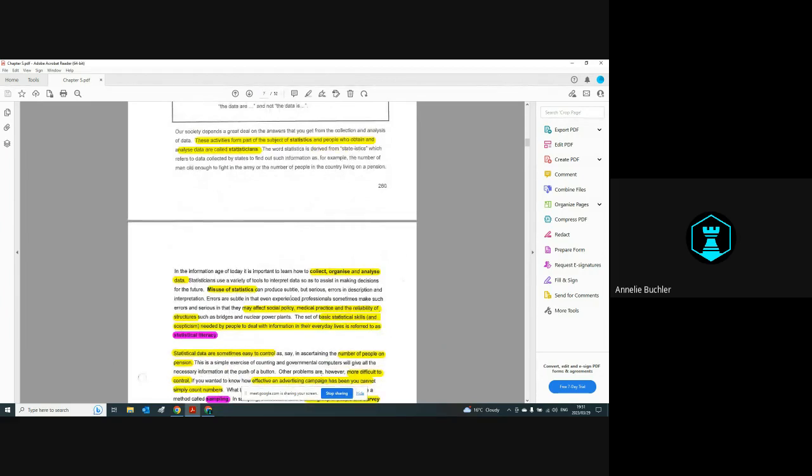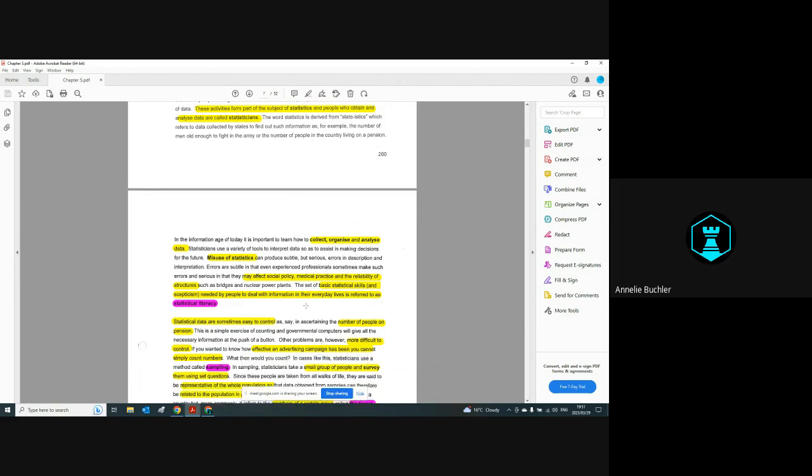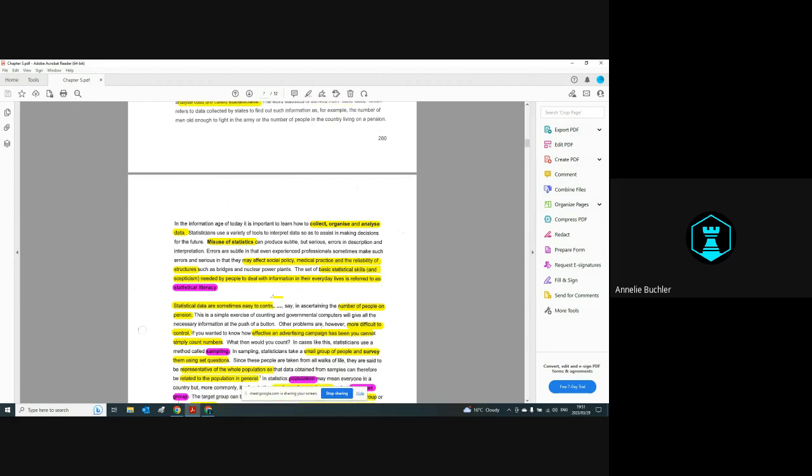Now, misuse of statistics is quite a phenomenon because statistics can affect social policy, medical practice, and the reliability of structures. So you need to have a basic set of statistical skills. You need to have skepticism to question your findings and see if the findings is reliable. Okay, so